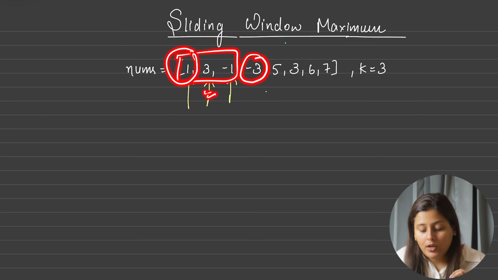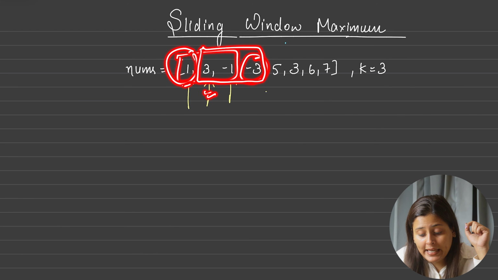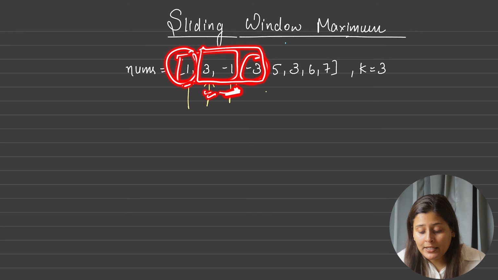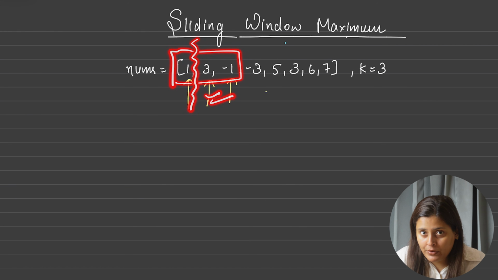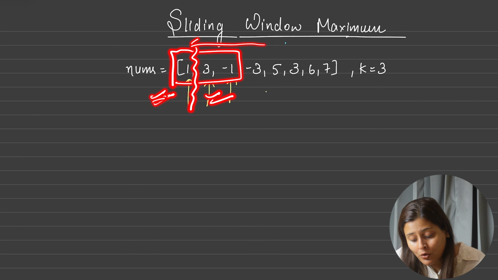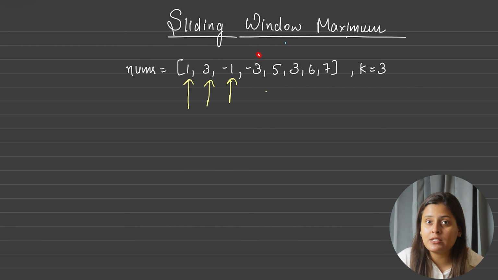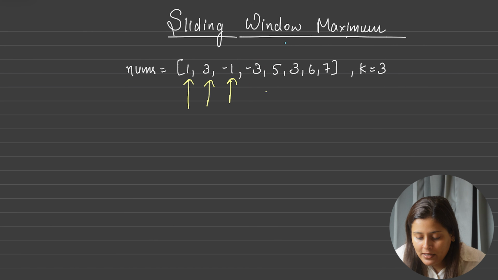Yes, but in this case again you don't want to calculate the maximum value anew, because if you run the for loop for k size again to calculate the maximum, then how is it sliding window? No, it is not. So basically you have to maintain the maximum in every window, and while removing you have to check whether the number you are removing was that maximum. In this case it is not. So for the second window also we can blindly say that yes, 3 is the maximum after comparing with the minus 3, which is the newly added value, correct? Yes, so the second window is this.